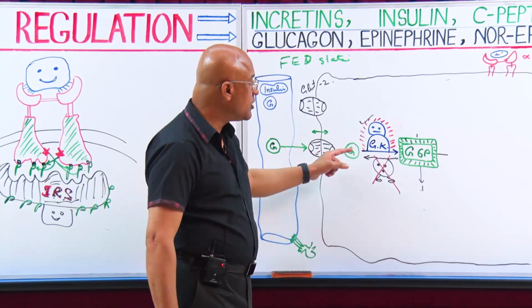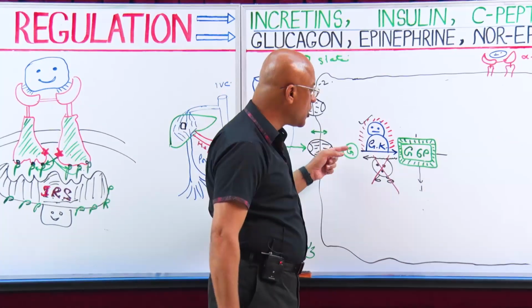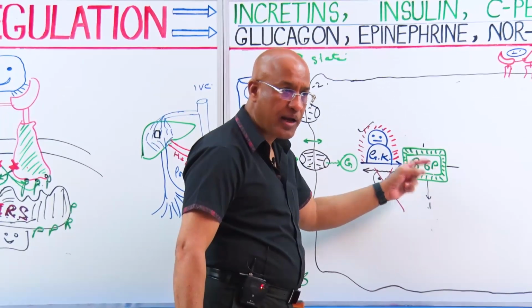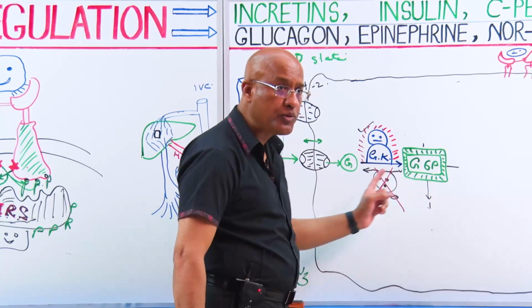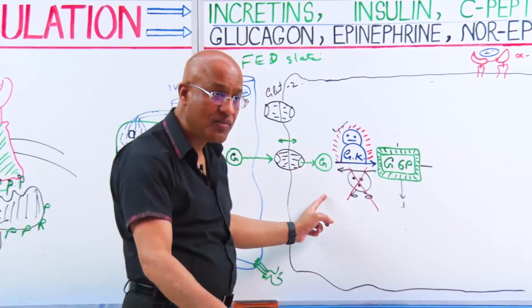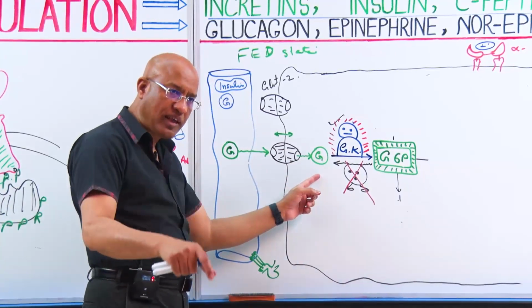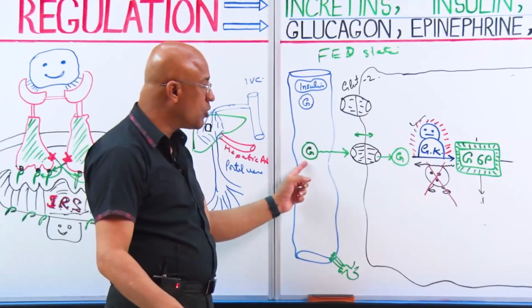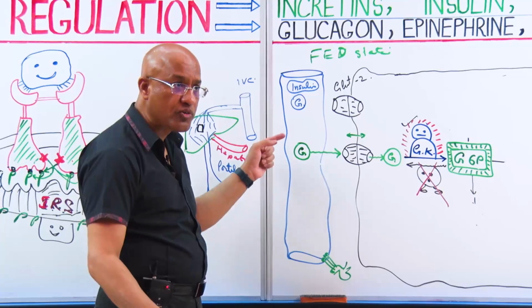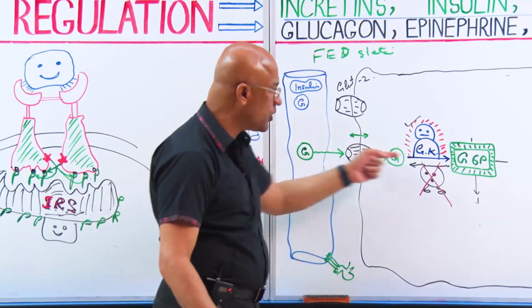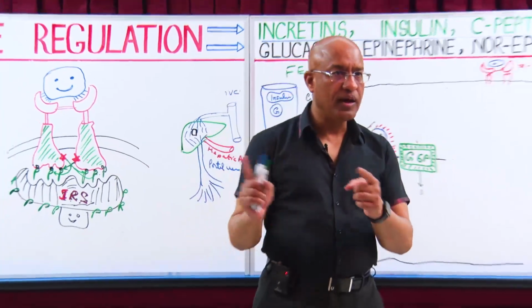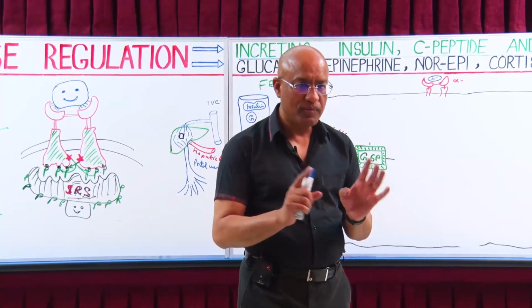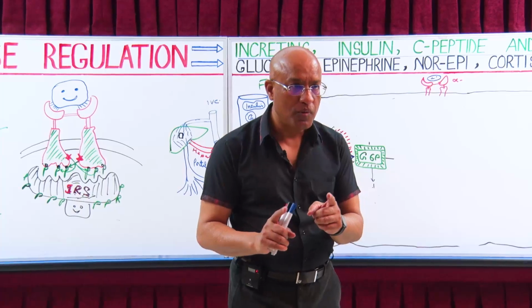In this way, insulin favors that more and more glucose will enter. Why? Because more and more glucose will convert into glucose 6-phosphate and free glucose in the cell will be less. And when free glucose in the cell will be less, then from more glucose which is outside, by concentration gradient it will move from out to in. In this way, hepatocytes will take up the glucose through GLUT2.